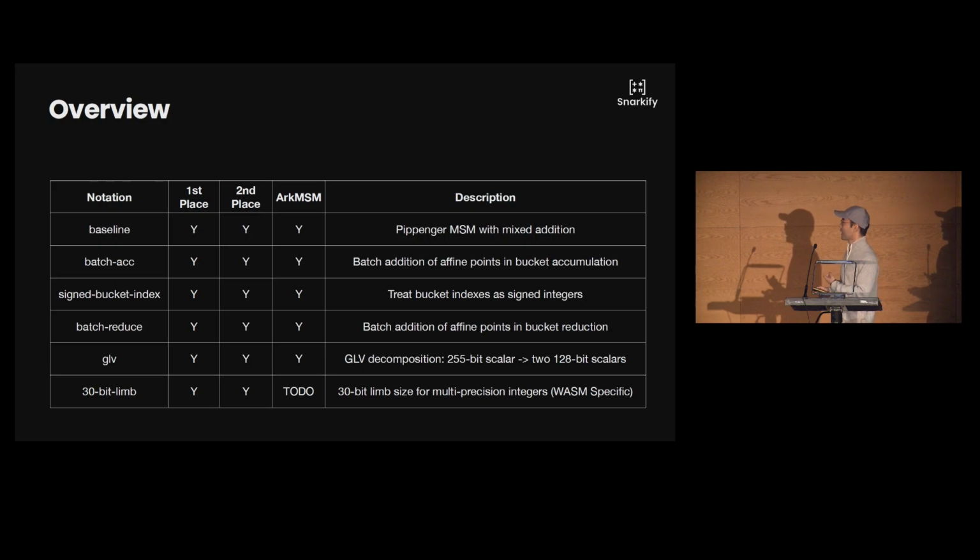Well, in this work, in my talk, we implement all these 4. The last one is WASM specific. Basically, you change the big integer representation in the field. Instead of using the default 32-bit limb size, or on x86 it could be 64-bit limb size, we use 30-bit limb size